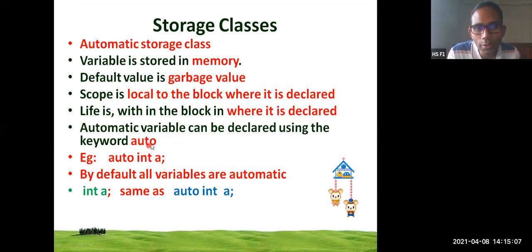Example, auto int a. By default, all the variables are automatic. For example, if you write int a, this is also an automatic variable. Even you can declare as int a or auto int a, it represents the same, that is automatic variable.